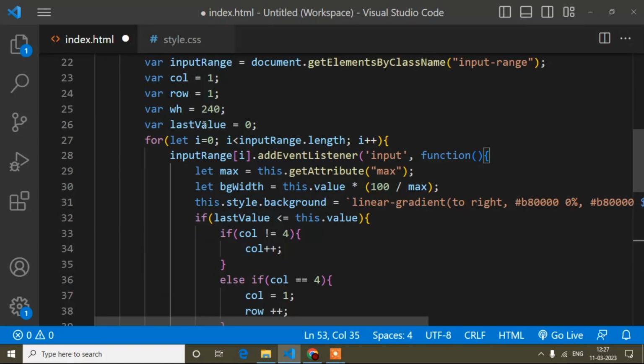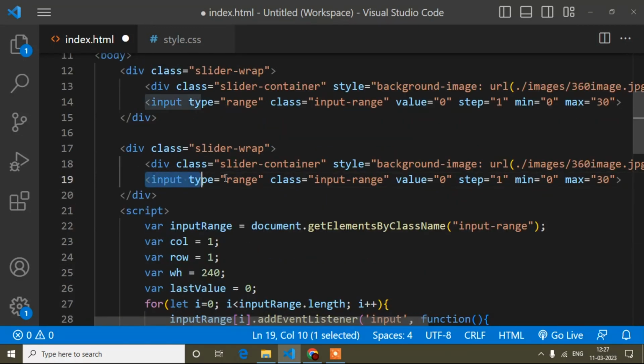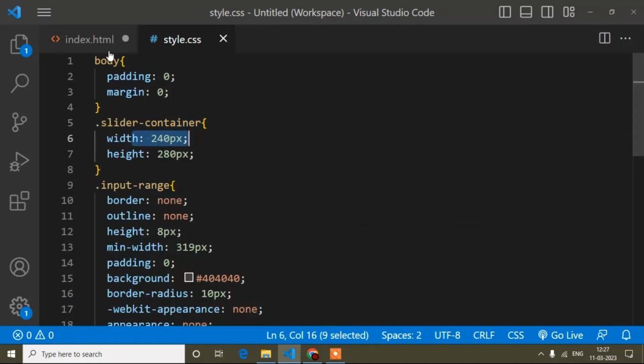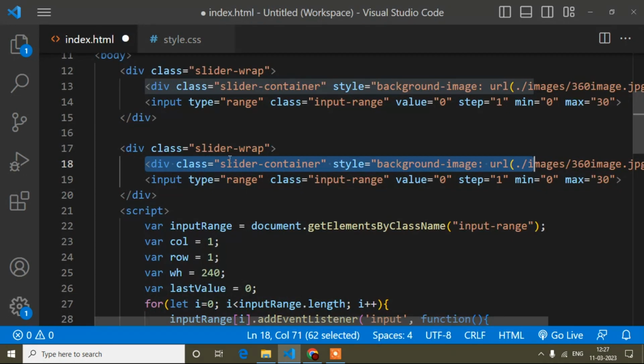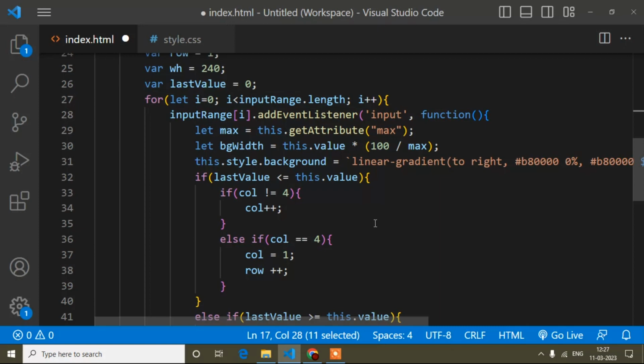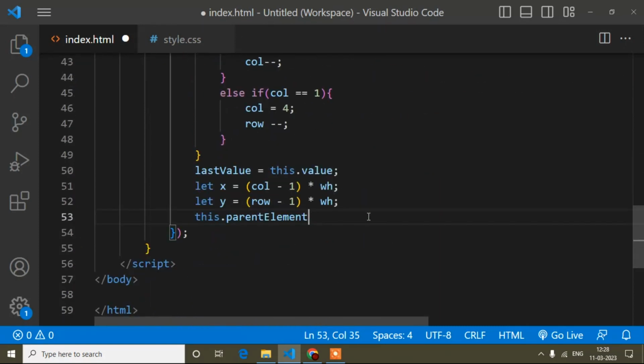Because when I move this range slider, the width and height should be added here, in this slider container class, this one, for the background position. The parent of this one is this one.